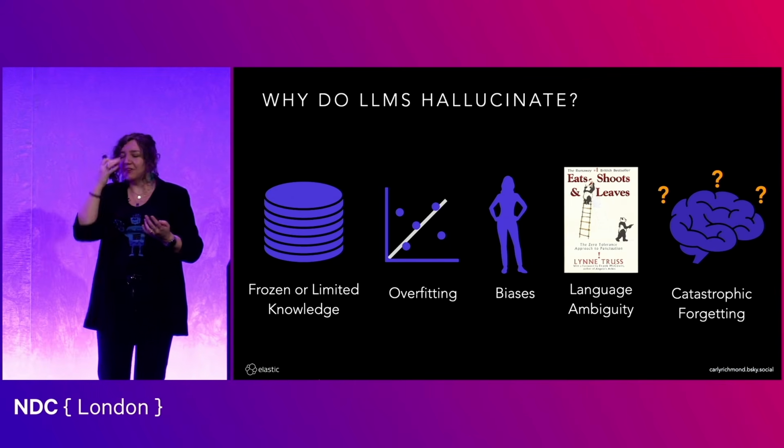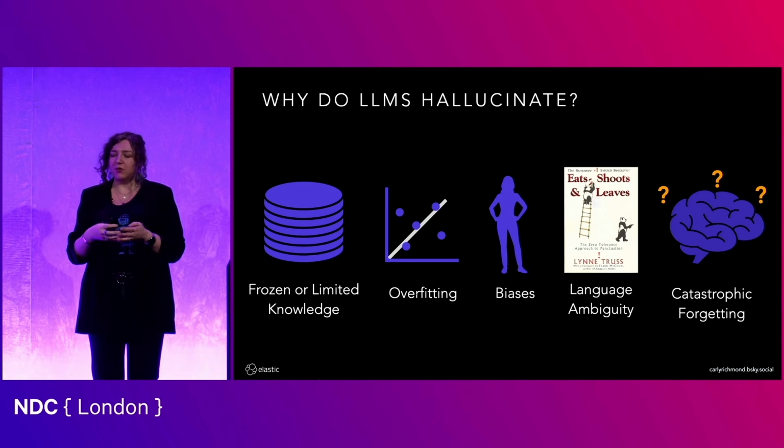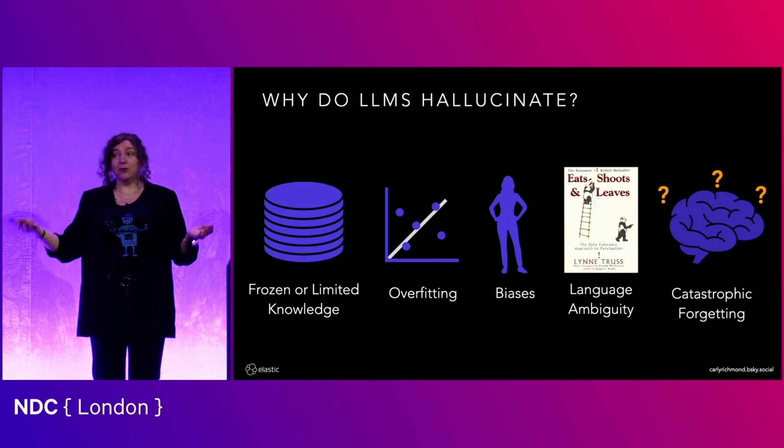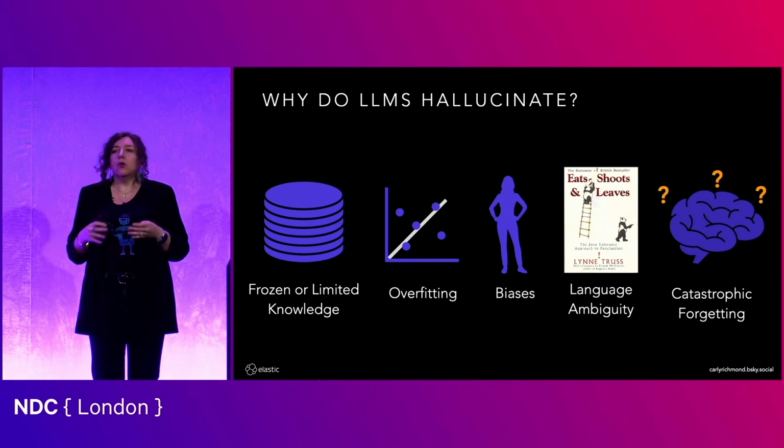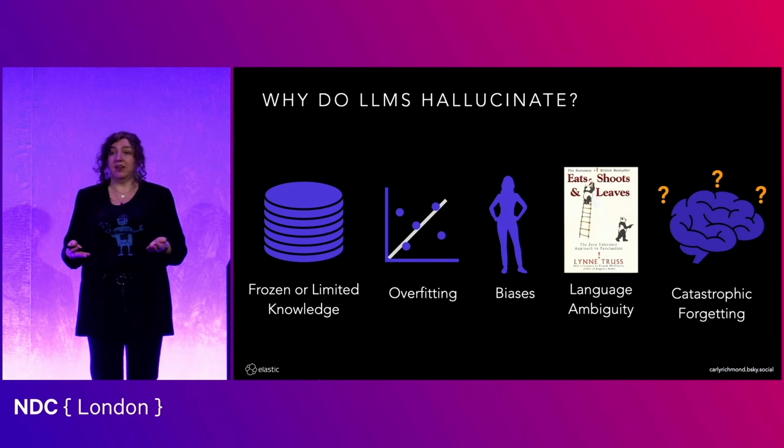Because they do, and they do it for very innocent reasons. One reason can be down to the knowledge base on which they're trained. If you have a model that is trained to a particular cutoff point, for example, November of 2025, and then I start asking about all the things that have happened in the news over the last week that have been bombarding me with notifications, it's not going to know the answer. It's not going to be able to tell me because the answer is not there.